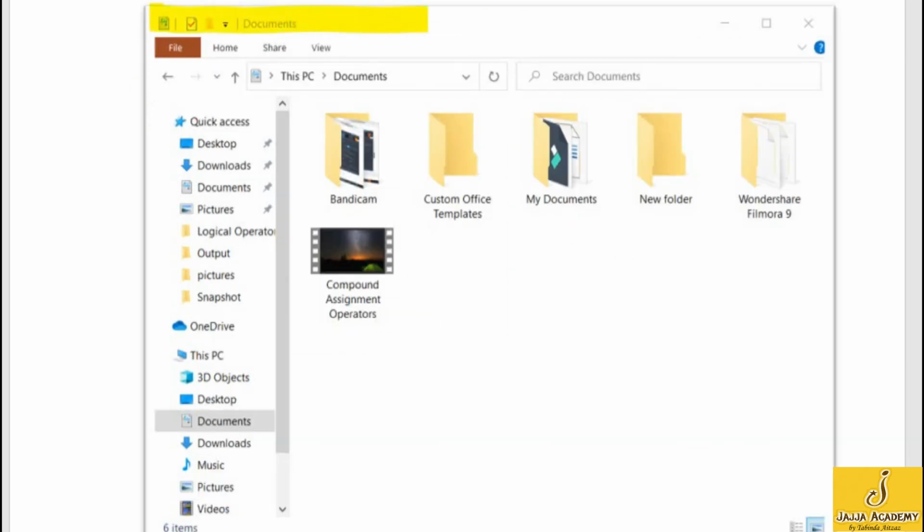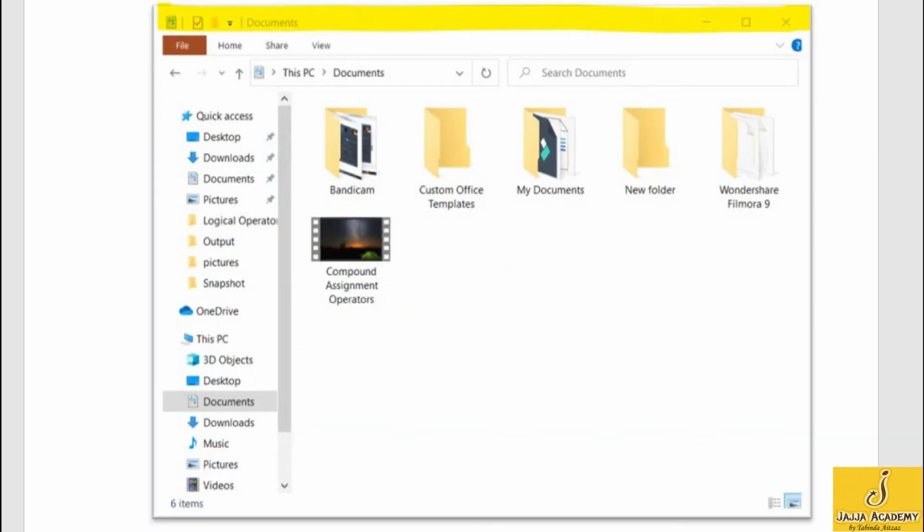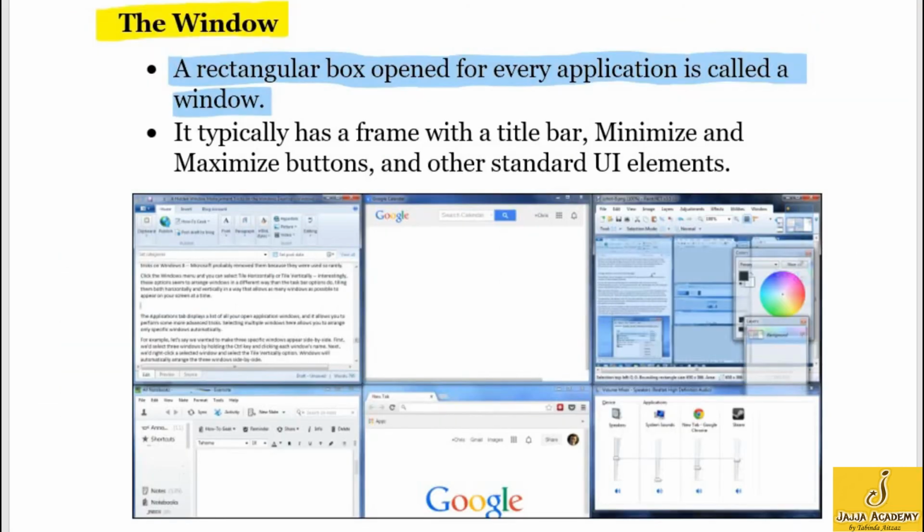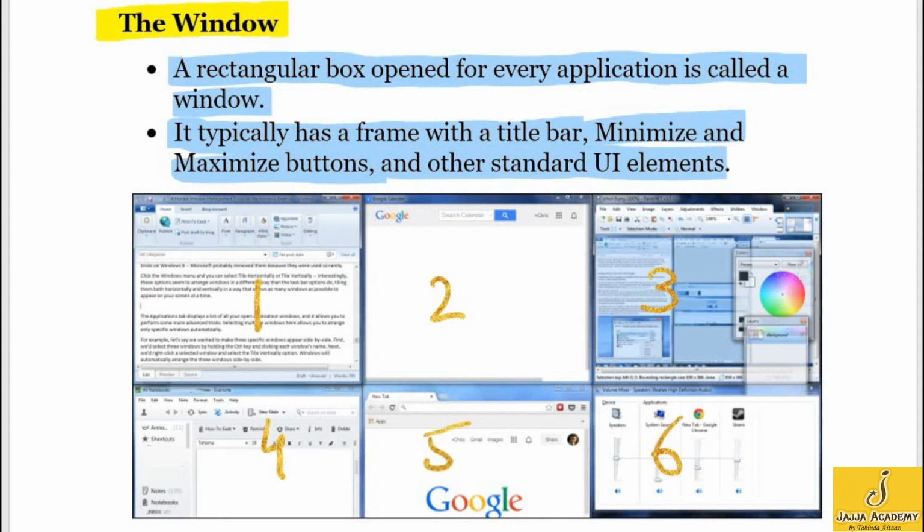This is another window, and every window has user interface elements like the name of window, minimize button, maximize button and close button. The window typically has a frame with a title bar, minimize and maximize buttons and other standard user interface elements. In this picture you can see there are 6 windows opened on one screen and every window has its own user interface elements.